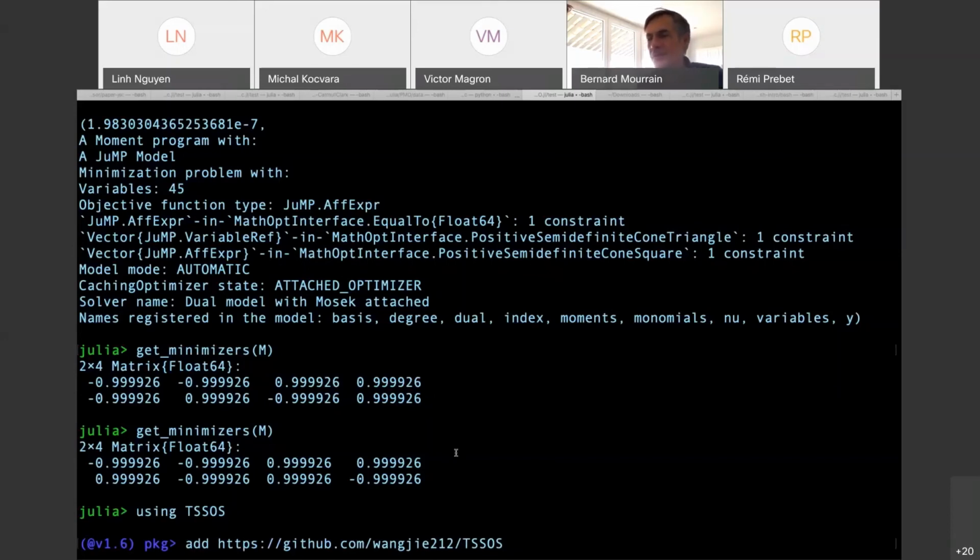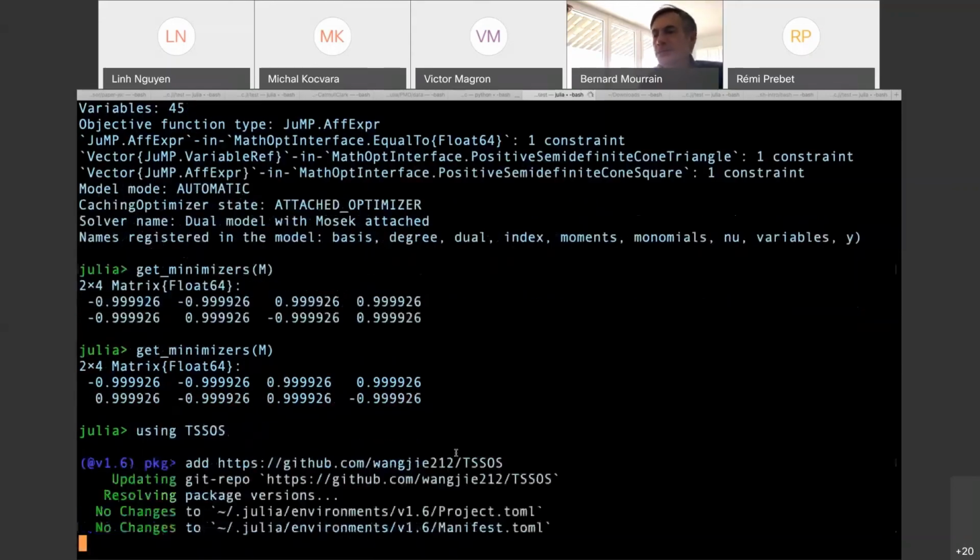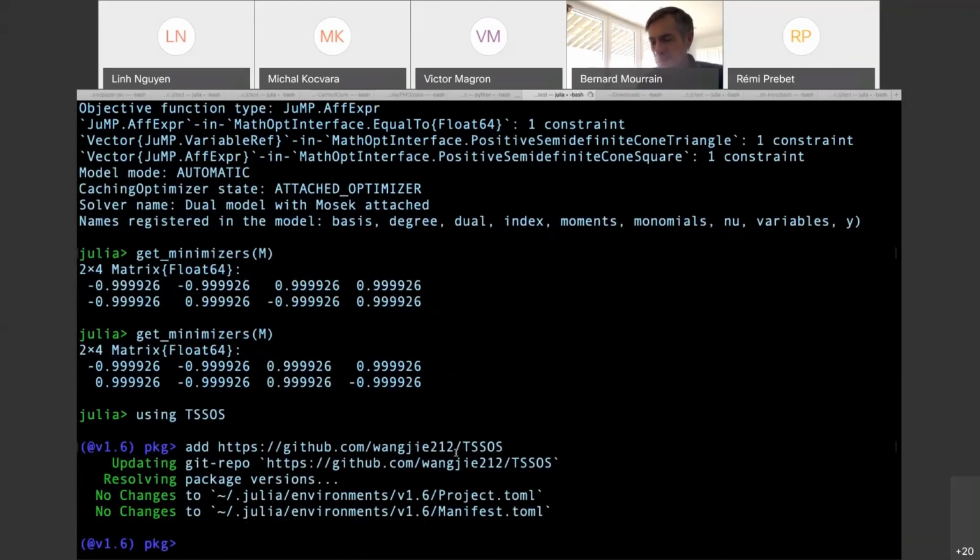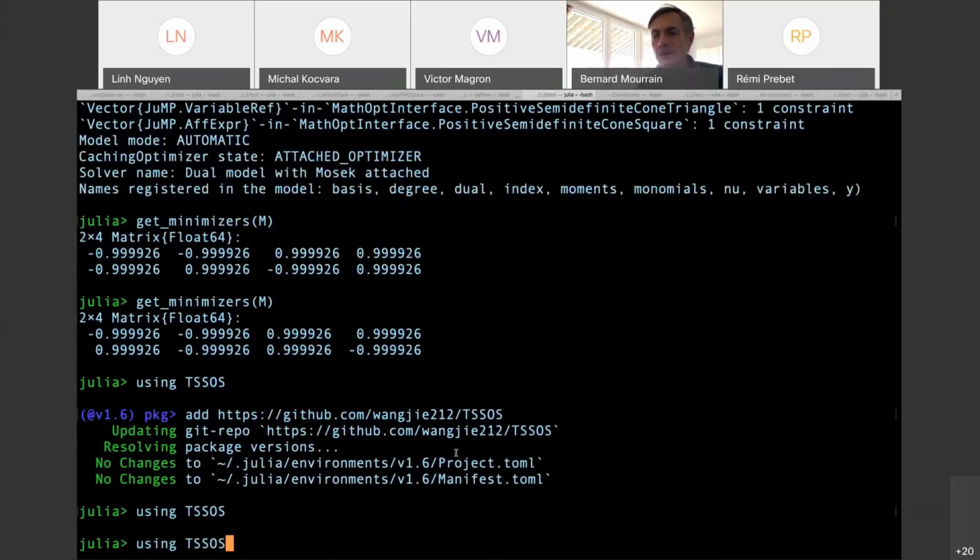This is the package TSSOS, developed by Wang Jie and Victor Magron on GitHub. We add it, and we can use it. And now we use it in this way.